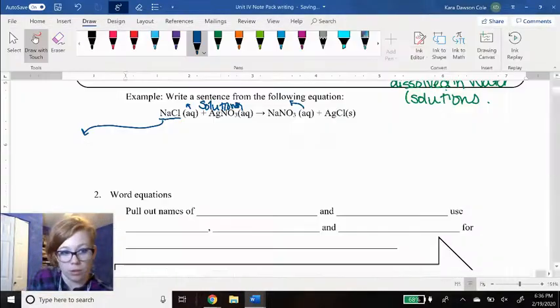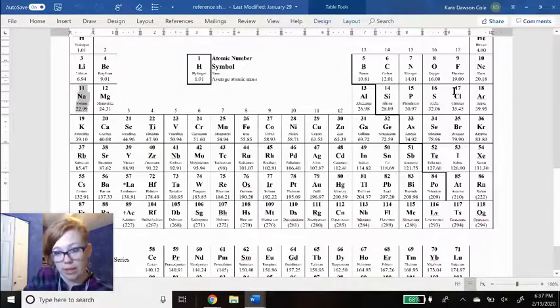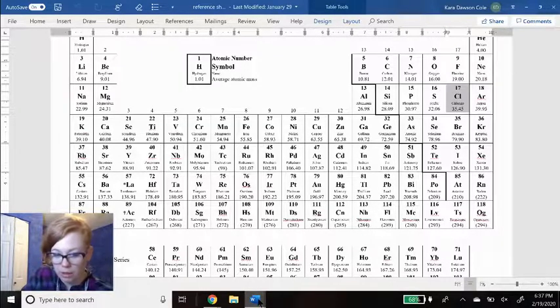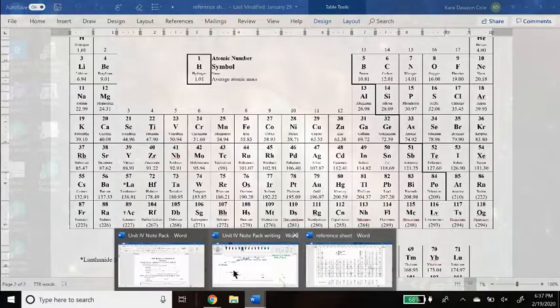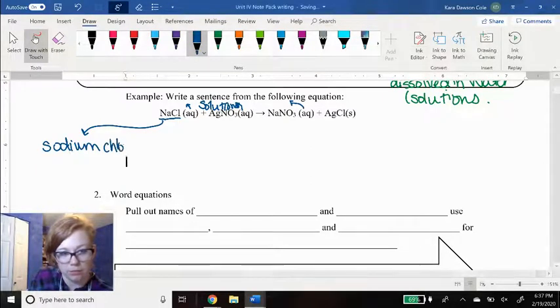Then Cl, you should know this one. That's chlorine, but it changes its ending. It's chloride. So going back over here, I know that this is sodium chloride